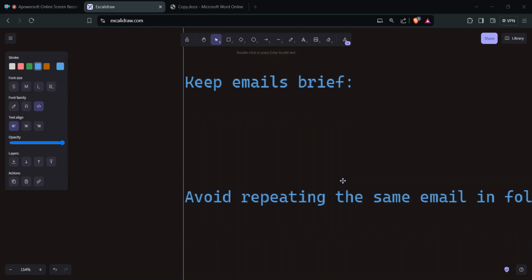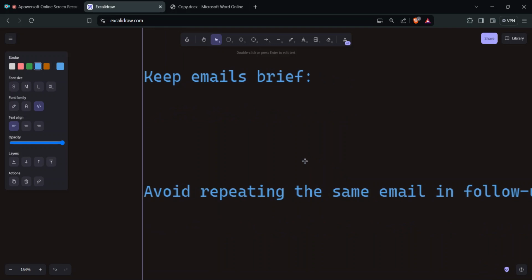The other point I've noted here is avoid using the same email in your follow-up. If the people did not respond to your first email, how sure are you that they are going to respond if you still send the same email in the follow-up? So assuming you're expecting a reply and you have done a follow-up email and these people have not replied, if you send the first follow-up and there is no response, change that follow-up message